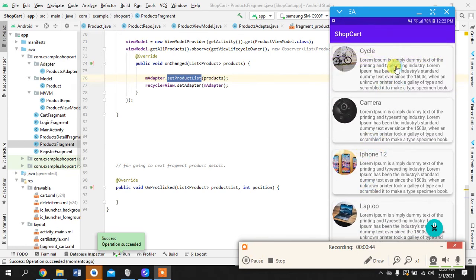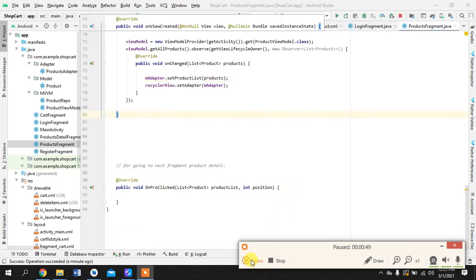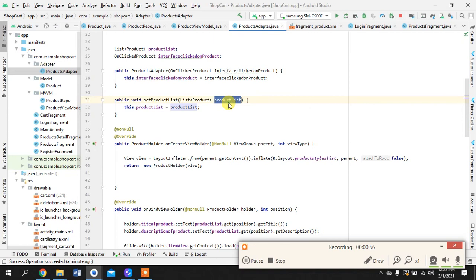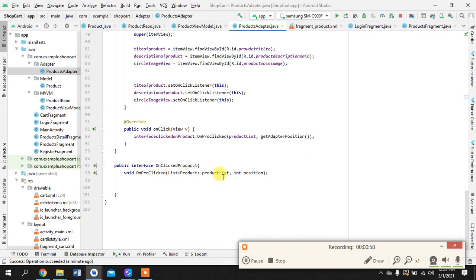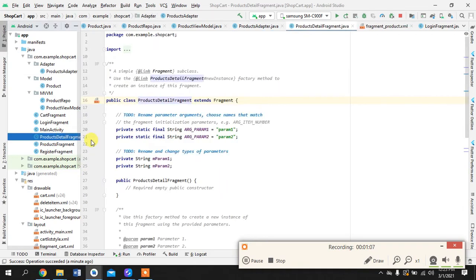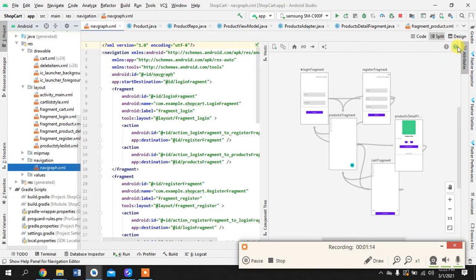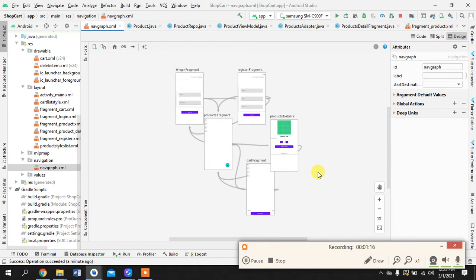And now we have to work on, like, once we click on it, where do we go from there? So remember guys, we had passed the same list that is being displayed here. So it already knows on what item we are clicking if we pass the position. So when we want to go to the detail fragment of the product, then we have to take the help of navigation arguments, and for that we have to pass a special